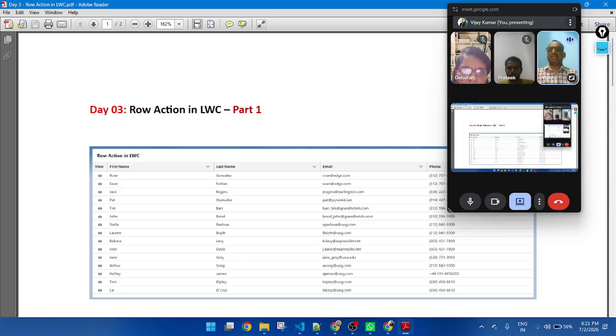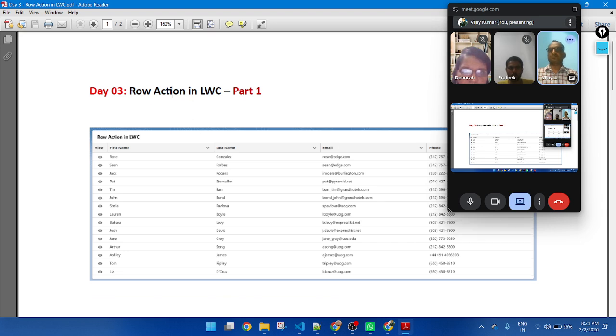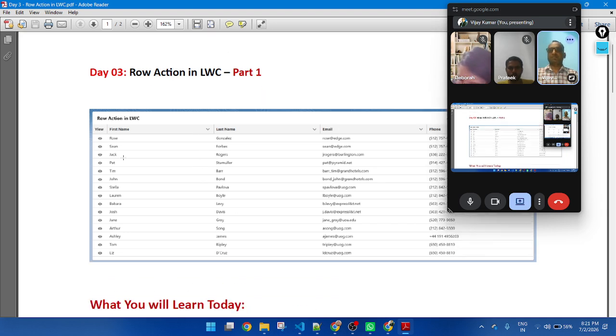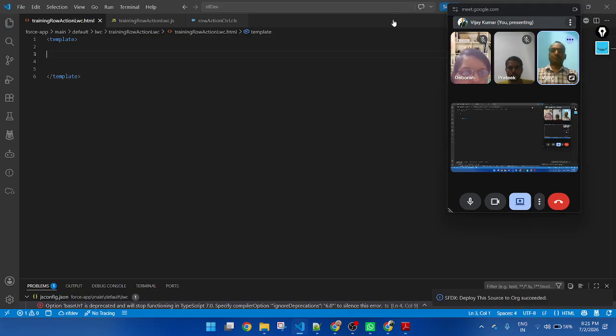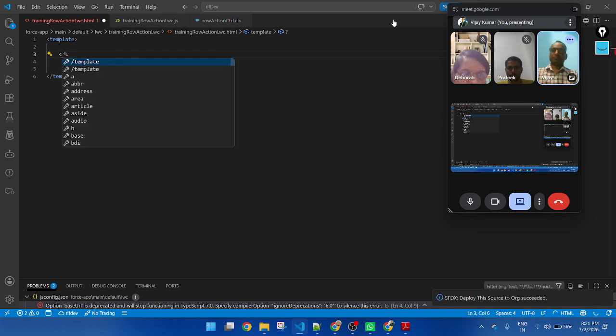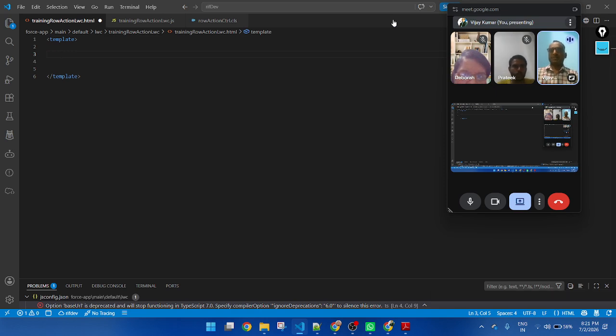First we need to create a Lightning data table. Okay, part one. First I will create a Lightning card. In the Lightning card title section I will use row action in LWC. So listen carefully, see carefully how I am creating the Lightning component.